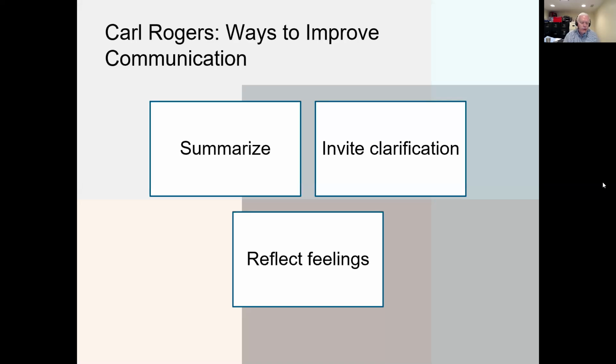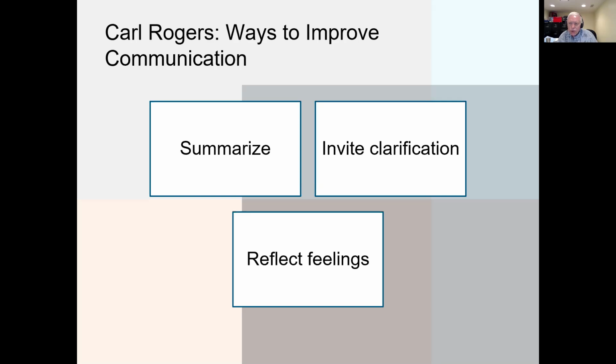Another thing we learn about in this chapter, and I love how the authors of our book included it, is some suggestions about how any of us in our friendships and other relationships can become better listeners, more effective communicators, more supportive of other people. And they describe this three-step process of reflecting feelings, summarizing what we're hearing somebody say, and inviting clarification to deepen our level of understanding of another person and to help them feel listened to and understood.